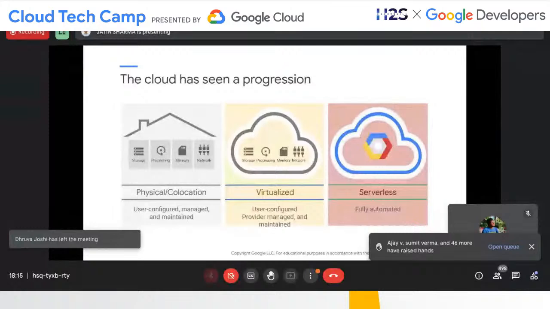In the infrastructure model, you pay for the resources that are allocated to you. As things evolve, the momentum has moved to managed services. With managed services, rather than building complex components yourself, you can